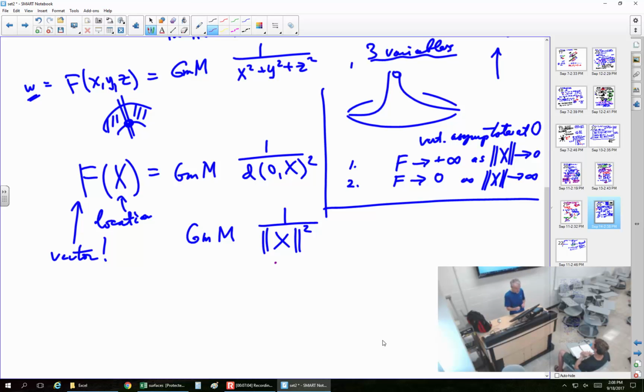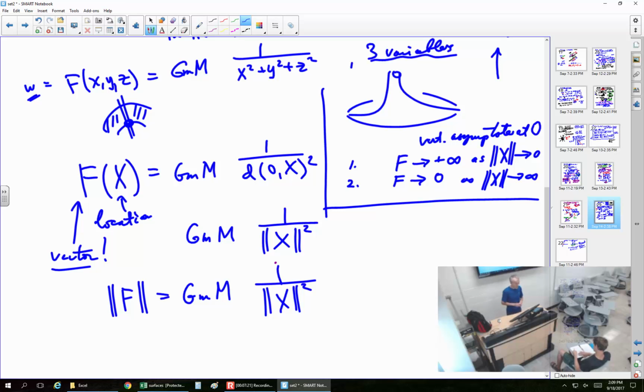So let me first restate it as follows. Now, once we realize it's a vector, this is how we would rather state it. It's the magnitude of that vector, the magnitude of that vector, and now we just have to be careful to point out the direction of the vector correctly. So we just need to rewrite. So this is about the magnitude